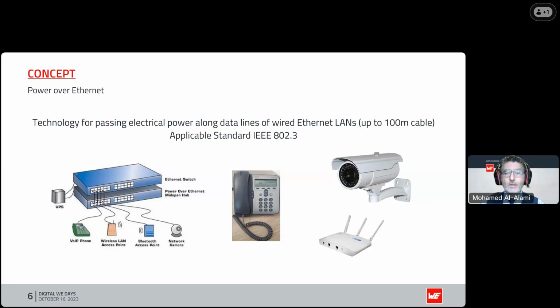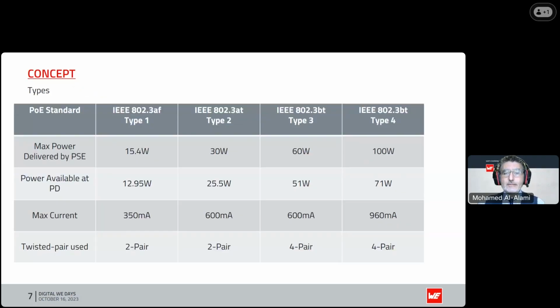Okay, we're moving on. How did this standard progress over the years? So we started off with the 802.3af in 2003, and the power then was limited to 15.4 watts being delivered to the powered device. So that's the 13 to 15 watts is what we were able to squeeze out or to send out to our device, be it the camera, the telephone, etc.